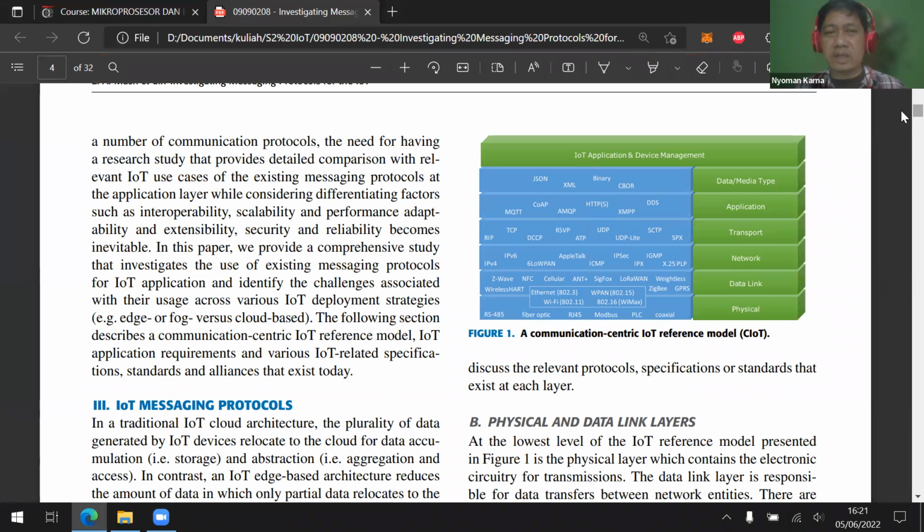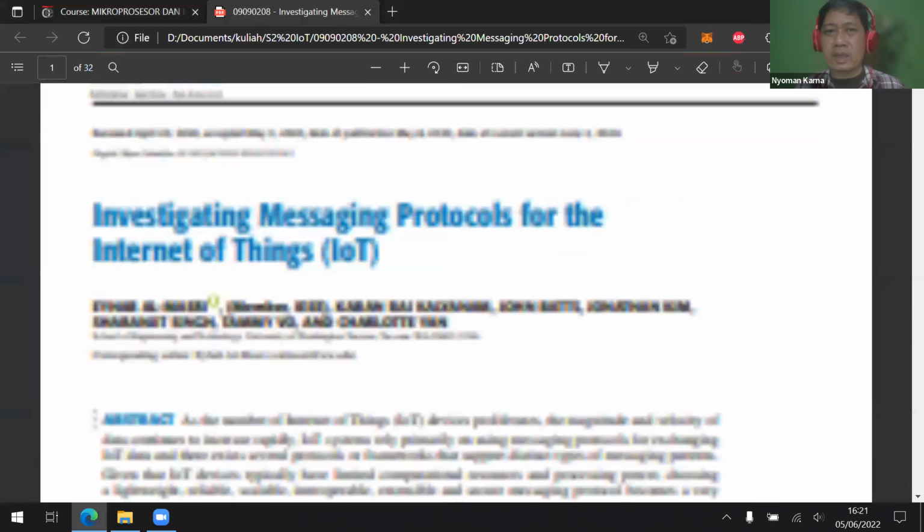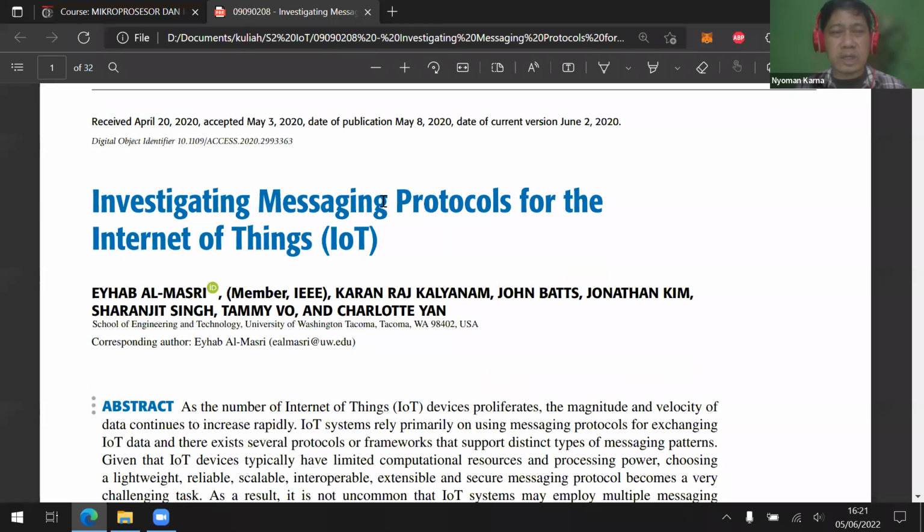In my opinion, it's a very thorough discussion in this survey paper. It's a survey paper from 2020, investigating messaging protocols used mainly for IoT. That means we have many more options for messaging protocols.